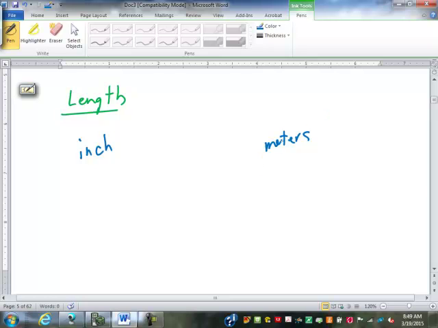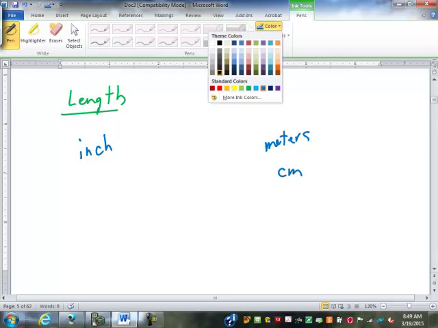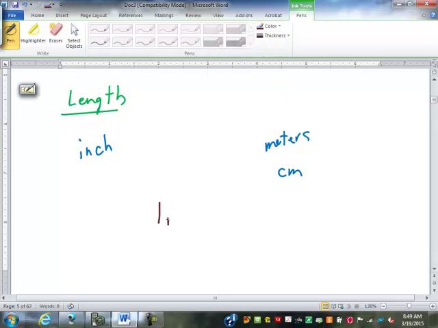But the better conversion is to centimeters, from inches to centimeters. So our main conversion, the most exact conversion, is that 1 inch equals 2.54 centimeters. Now this itself is not completely exact, it's just really, really close. Now there are other conversions that'll be in your packet or whatever that you can use if you want to,